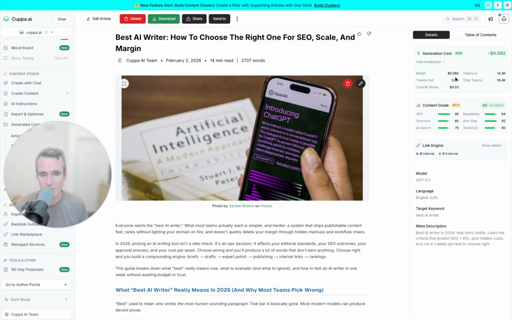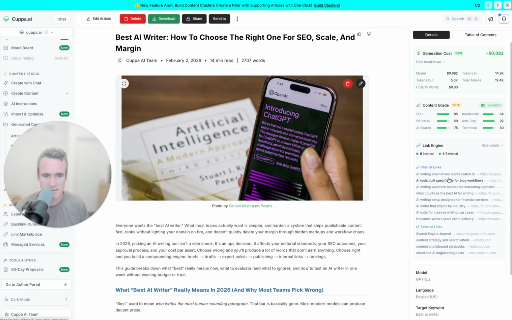Obviously the pricing and the model breakdown. By the way, we gave a little tooltip here. It's an estimated cost. It's pretty accurate, but there's always some things in terms of thinking models that might not be picked up by us, but for all intents and purposes, it's pretty close. Content grade, obviously, each of these elements are available within the editor, and then the link details, obviously the supporting links and the external links here, automatically done,